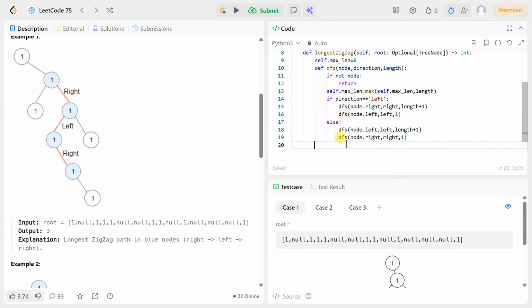And for example, if we are starting from root, then we can just call DFS of root.left, left, 1,